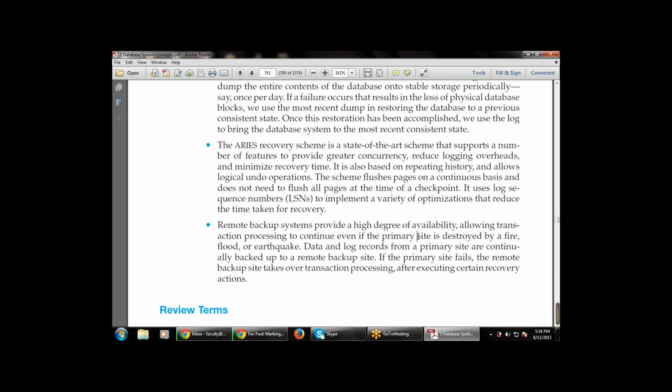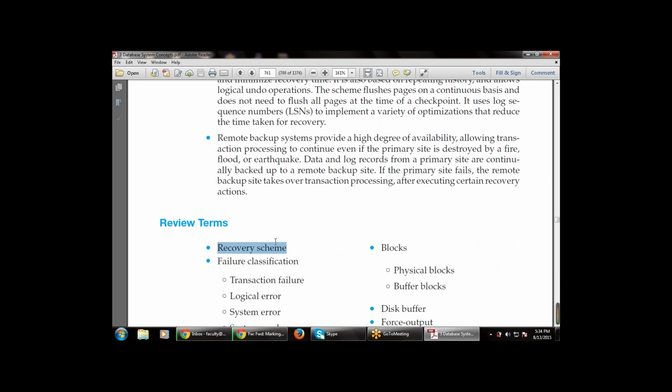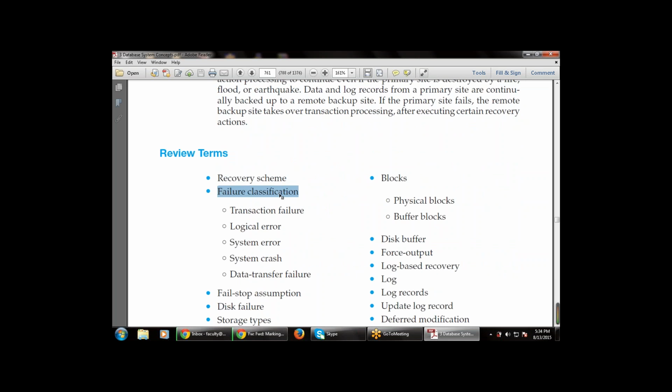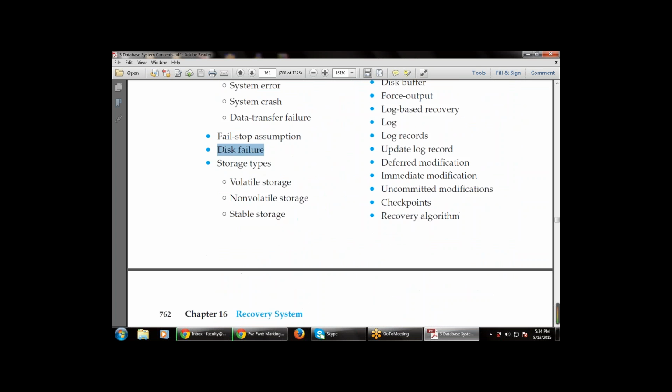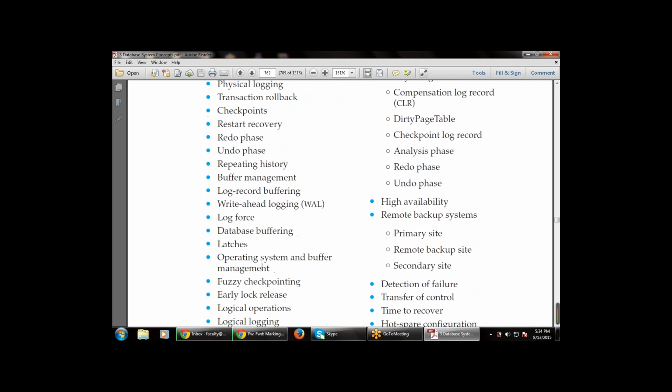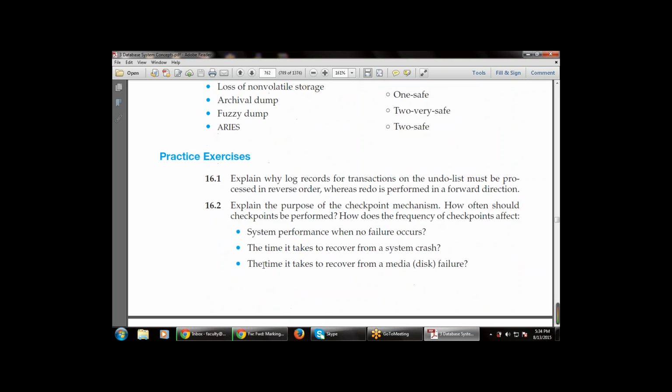Next are the review terms. These are the recovery scheme, the failure classification, blocks, the fail-stop assumption, and disk failure. These are the review terms covered in this chapter. And these are the various practice exercises: explain why there is a need for the log operation, and why the log records for the transaction on the